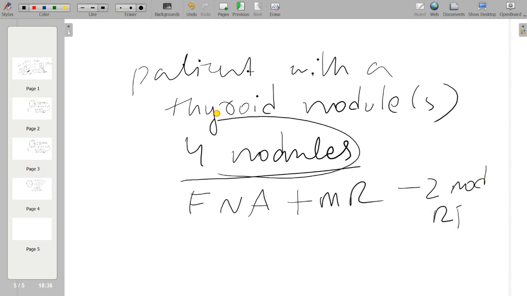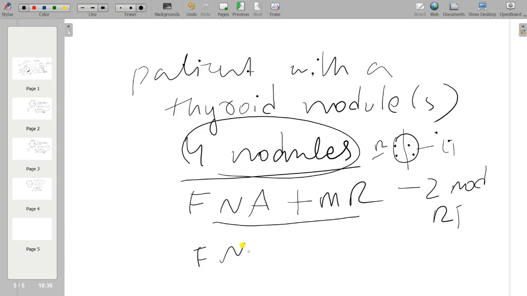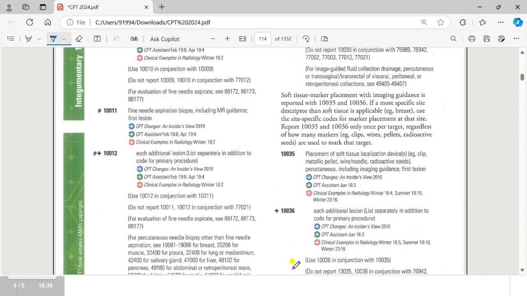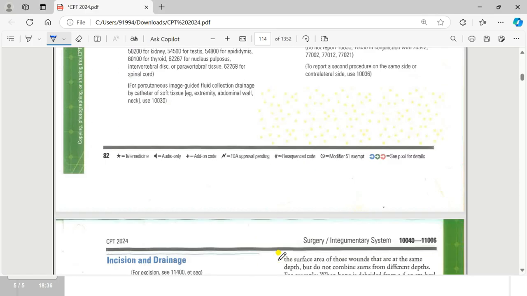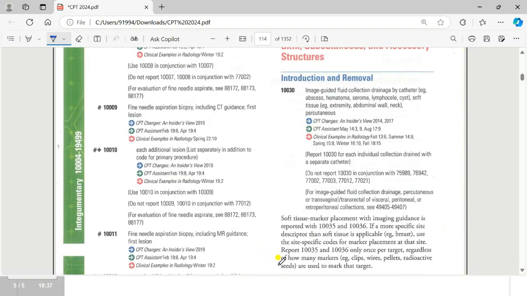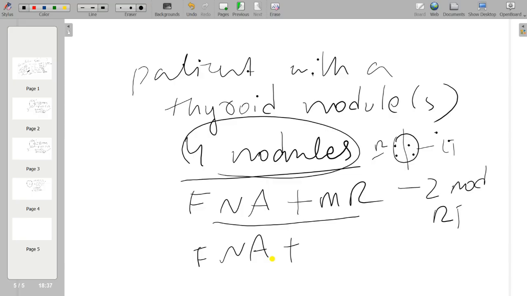Out of these four nodules, two nodules are on the right side and two nodules are on the left side. The provider is doing FNA with magnetic resonance for two nodules, and also FNA with another guidance, let us take the example as CT guidance.